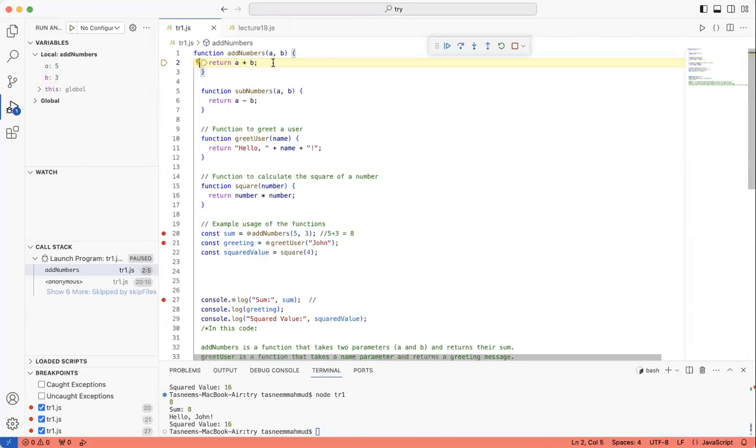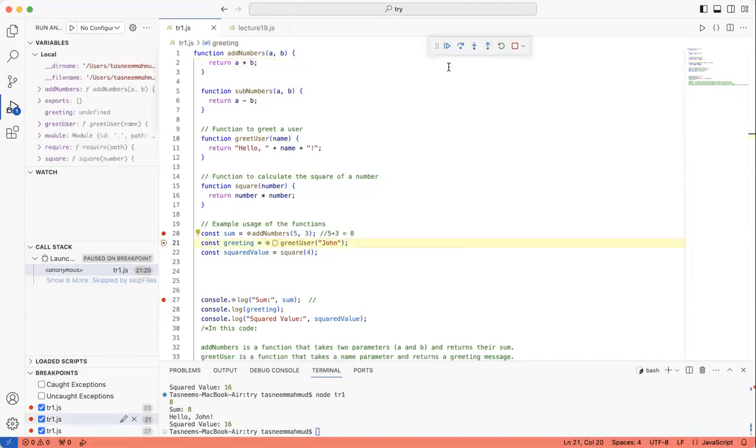Now we are inside the function. How do we step out of this function? We press on the step out button. Let's click on that. So you see, after we stepped out of the function, it took us to the next line, which is greet user. Now, over here as well, we are not really creating a console.log or a greeting itself. We're just passing the value John. Now, how do we see what's actually going on inside the greet user function?